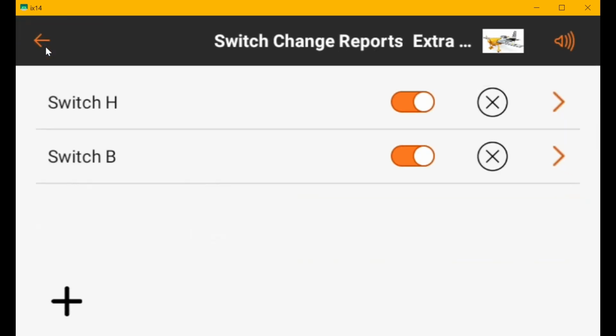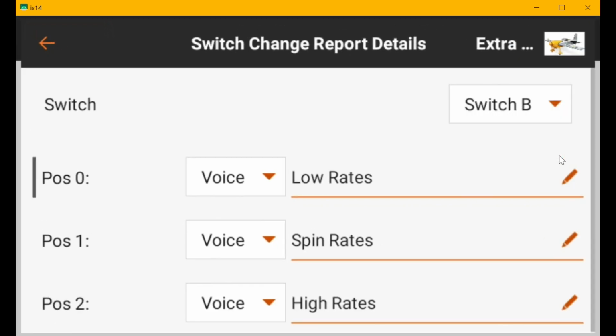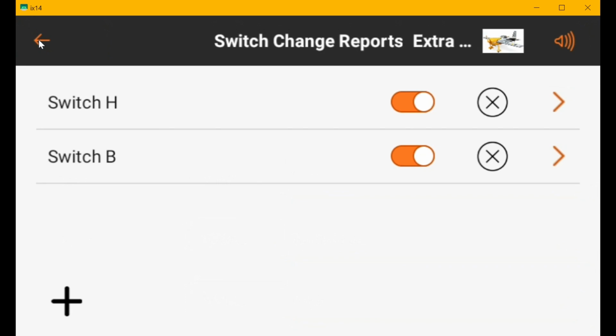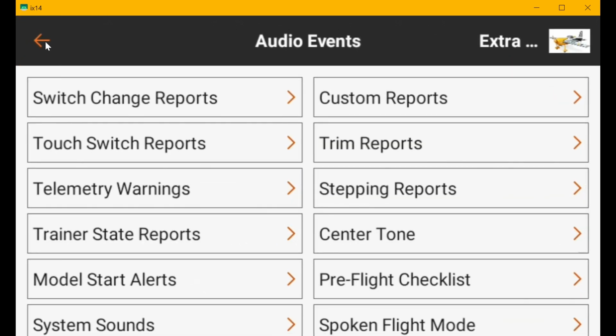We'll go back here to switch B, and then I've got low rates and spin rates and high rates. I use the transmitter's flight modes to control the rates on my aerobatic planes, and spin rates lets me use the rudder to control the high and low rates, or put the aileron and elevator in high rates when I peg the rudder. It's kind of a neat deal that you can do with flight modes. But anyway,